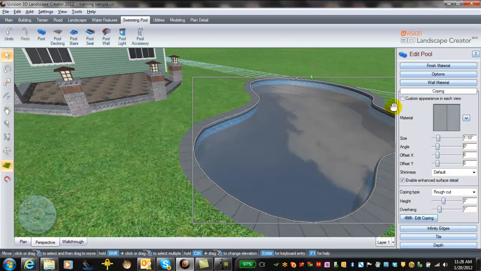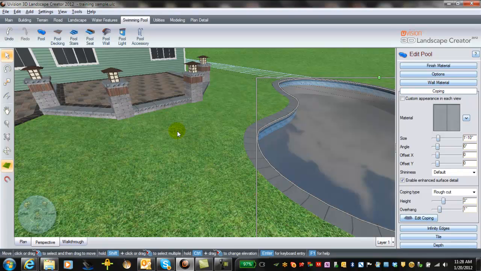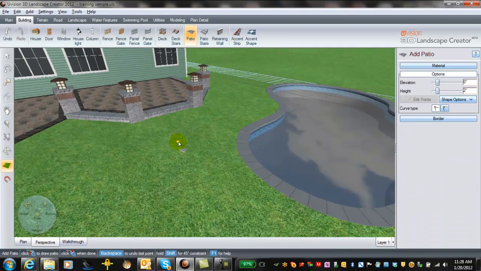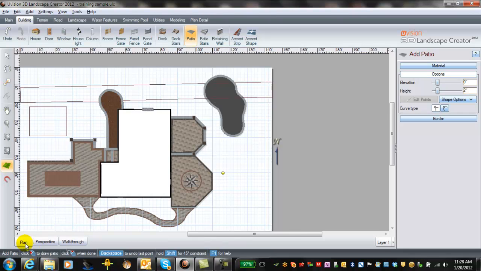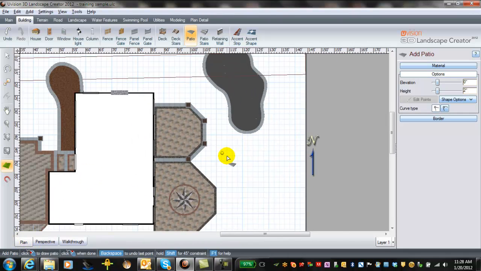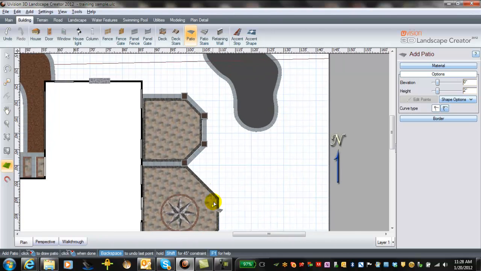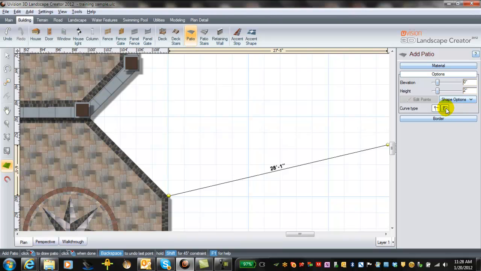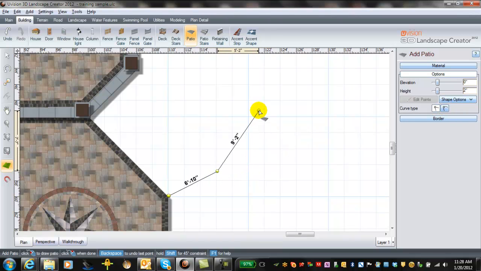Now we can build a patio that joins up to our pool, up to the raised patio, and we'll do that next. So we'll go over to landscape, and we'll go over to building, and we'll select patio, and we'll start drawing. Probably the easiest place, again, of course, is in the plan view. You can zoom right in and move over as you go. So we'll do this one as a curved wall. So your curved Bezier tab is on,